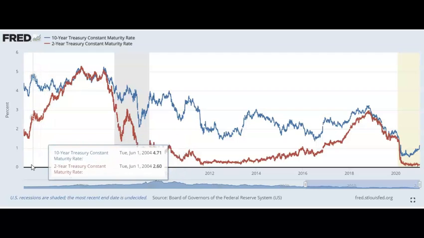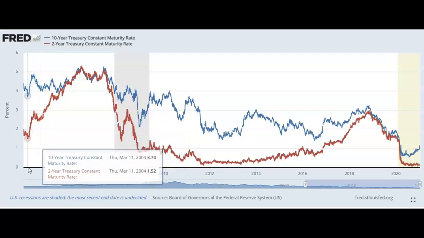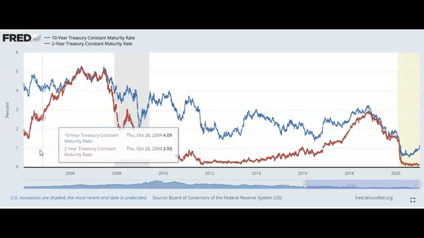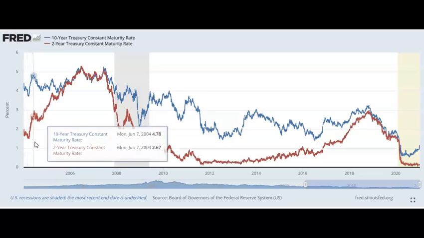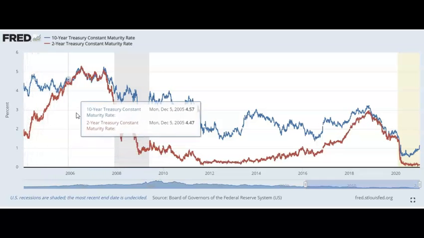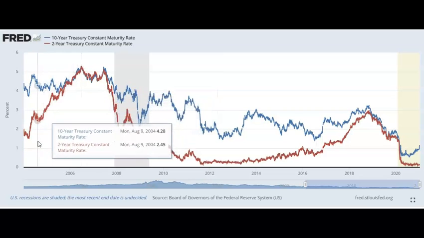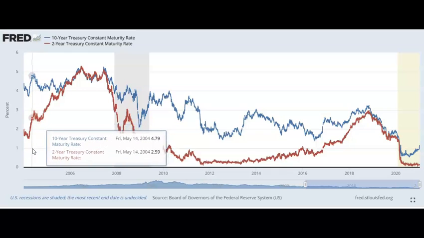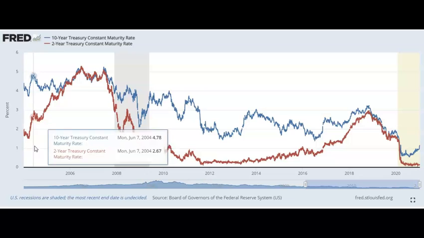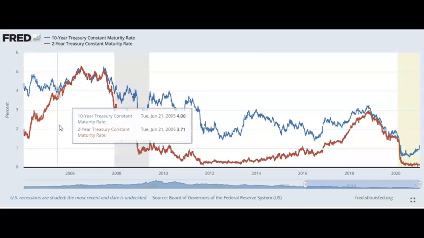Short-term rates, on the other hand, are driven by the Federal Reserve. The Federal Reserve will establish targets, commonly known as the federal funds rate, and they will go to the bond market and buy and sell short-term securities, such as the 2-year note or other notes, to reach their target. So if we go back and look at what happened prior to 2008, the Federal Reserve was rapidly raising rates, right? So right before the financial crisis, they raised rates something like a dozen times, and short-term rates went up. So the Federal Reserve controls that. They go to the bond market, buy and sell bonds to get to their established target.